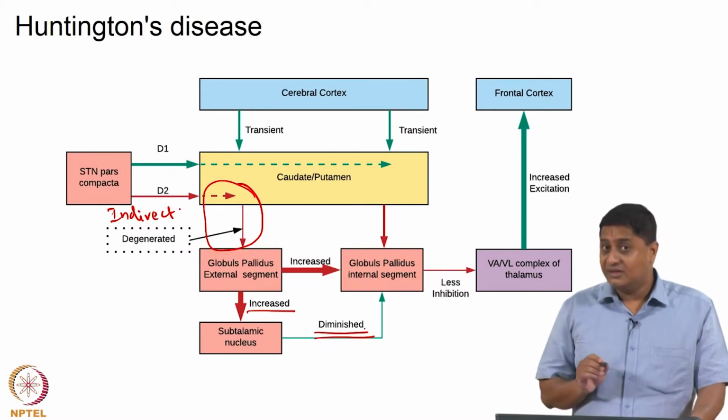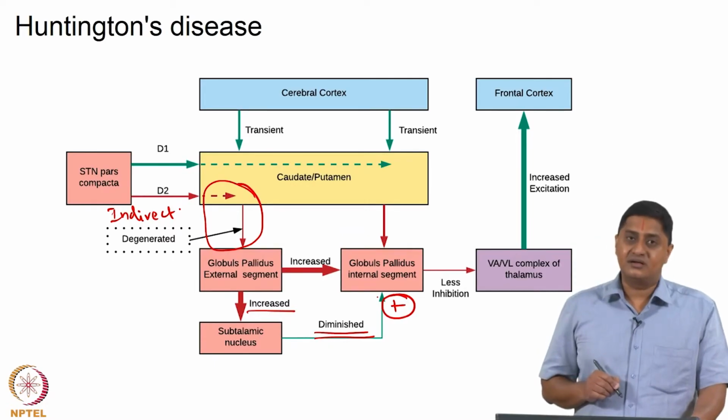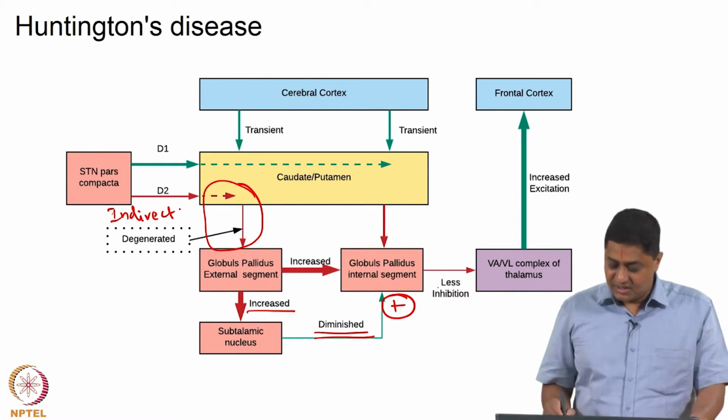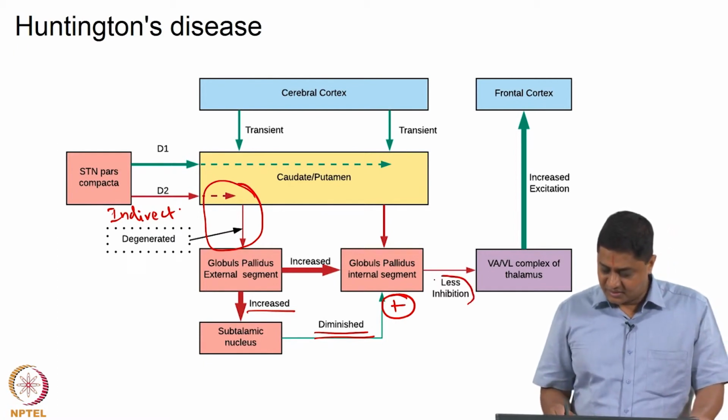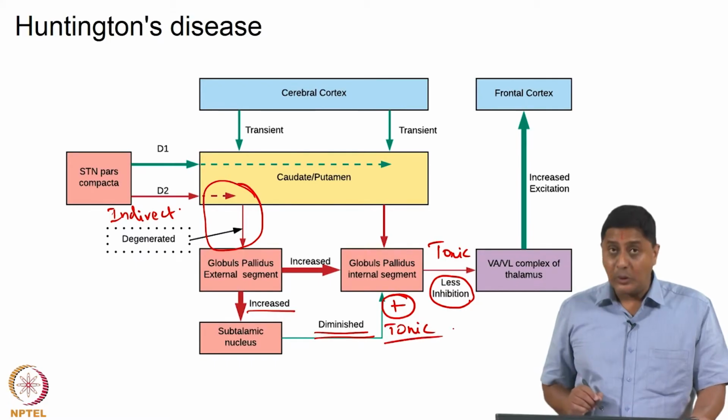Let us remember that the subthalamic nucleus is actually exciting the globus pallidus internal segment. That means, in the absence of the subthalamic nucleus excitation, the amount of inhibition, let us remember this is tonic and this is also tonic,